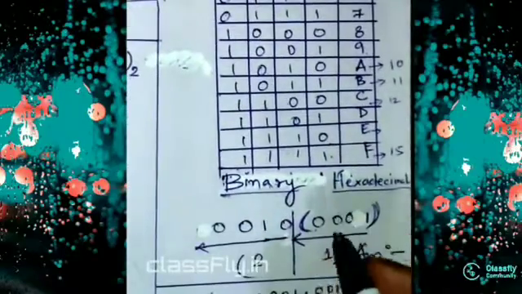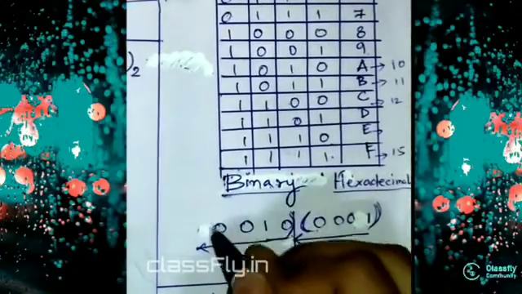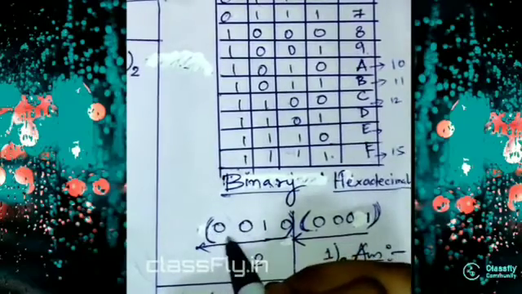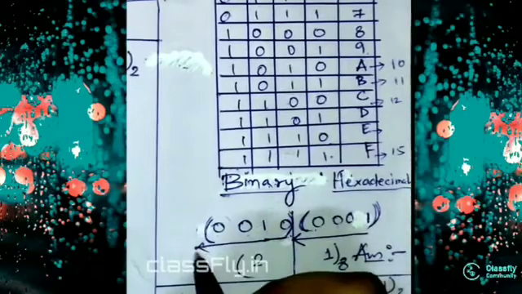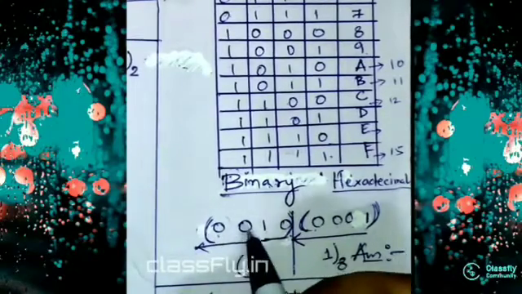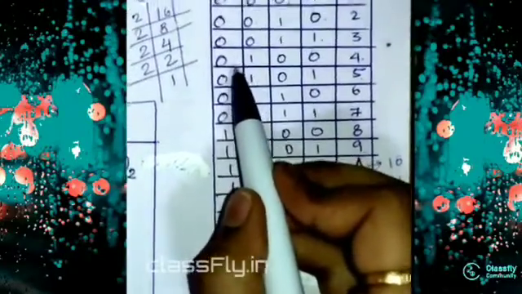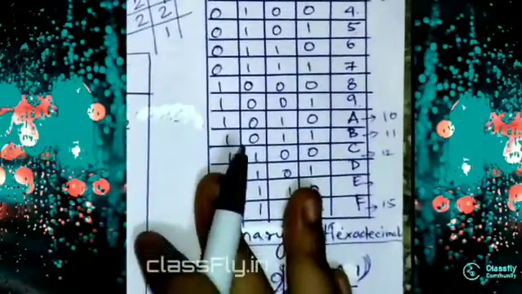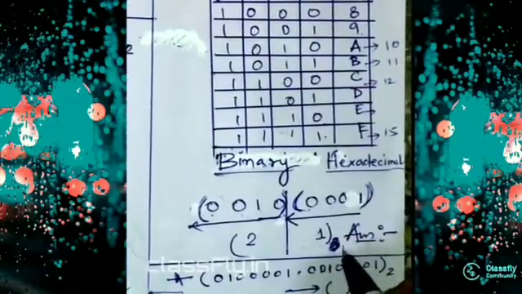Then we will go from right to left and take 4 digits. It was 0, 1, 0; as there was no fourth digit, we will put a 0 here. Okay. So we will move from right to left. Now we will see where 0, 0, 1, 0 comes. 0, 0, 1, 0 comes at 2. So we will write 2, 1. And this will be our hexadecimal number.